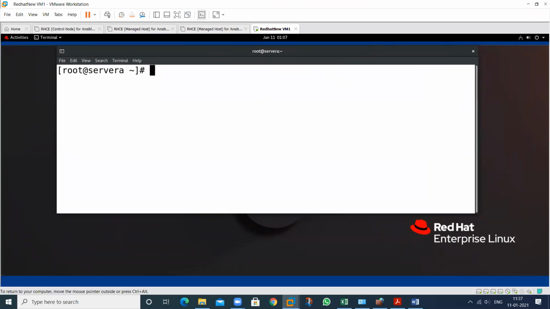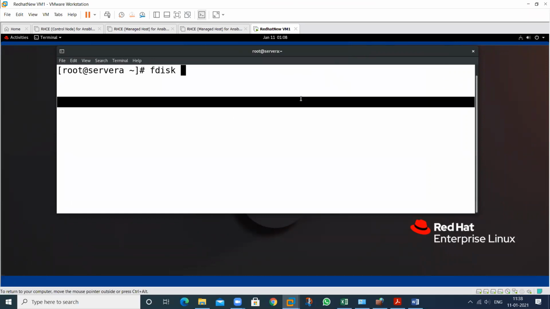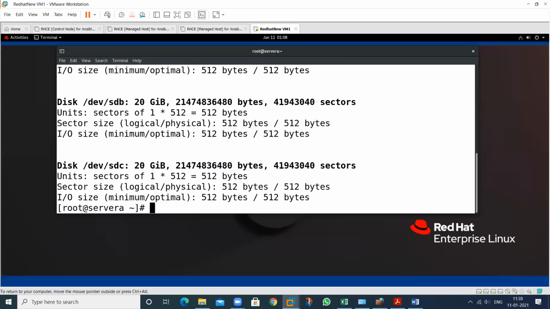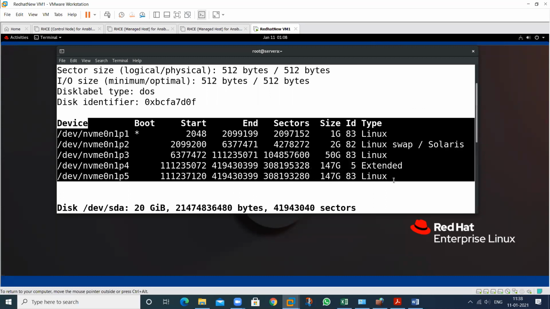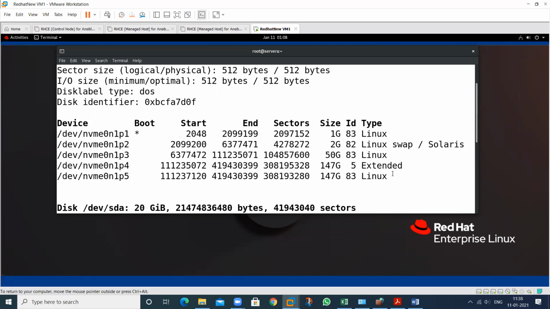See, this is the command fdisk. Fdisk means fixed disk. You want to change the behavior of this particular disk. It means if you want to add any partition, remove any partition, or list any partition, you should use this particular command. fdisk -l means list. See all the hard disks. So see here, the operating system is contained in this one. So this one is my bootable partition. Star is here. So this is my bootable partition.